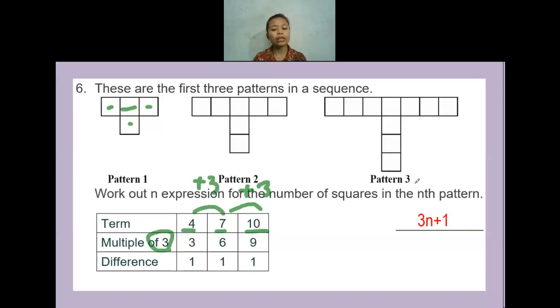And then the question is about the nth term. Usually when we have to find the position number, we will multiply with the term to term rule given. Here, this is the nth term. So the letter n, we will multiply it with the term to term rule given. The term to term rule is 3, so we multiply n by 3. After that, we need to add the difference. The difference is 1, so n times 3 plus 1. The n times 3 we can simplify to become 3n. So the nth term will be 3n plus 1.